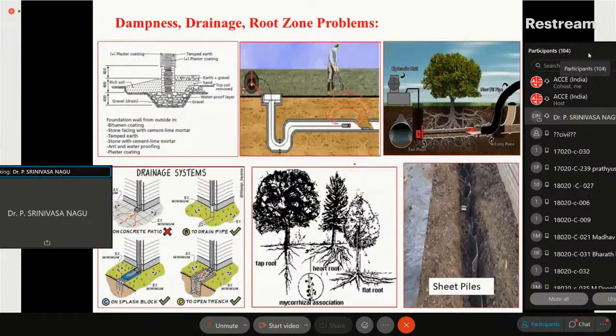Okay. And the drainage systems, the roof water, rainwater downcoming pipes are there. So how these pipes are discharging, you have to take good care of this. And the foundation problems mainly you see are due to settlements. If I list the reasons for settlements, it requires half an hour, isn't it? So there may be many reasons,